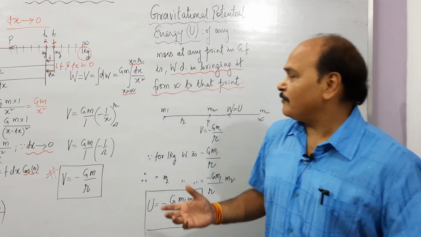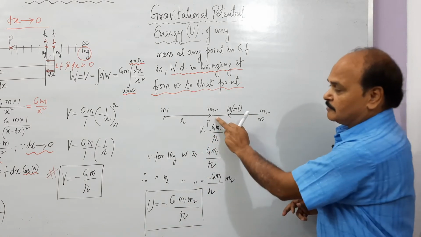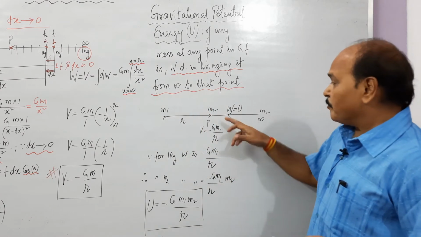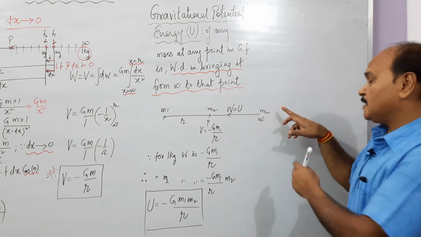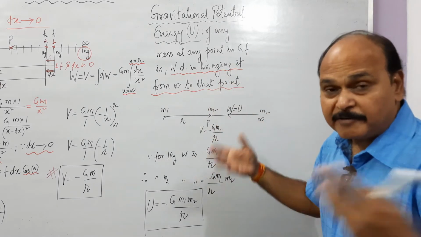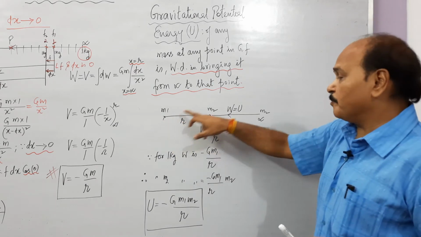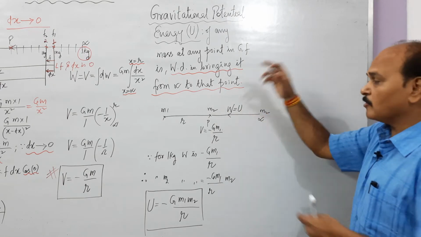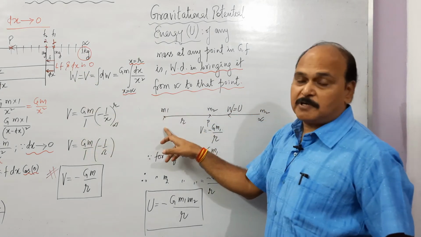Well, we have already found out work done in bringing unit mass. Well, I am going to find out potential energy of this mass. These are 2 point masses kept at r distance apart. What is potential energy of this mass? Potential energy of this mass m2 is work done in bringing this m2 from infinity to this point. Infinity means from outside the gravitational field to this point in the gravitational field of this particular mass. So potential energy of this mass is work done in bringing this mass from infinity to this point in the gravitational field.